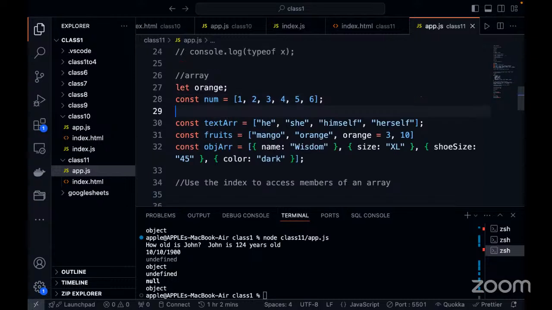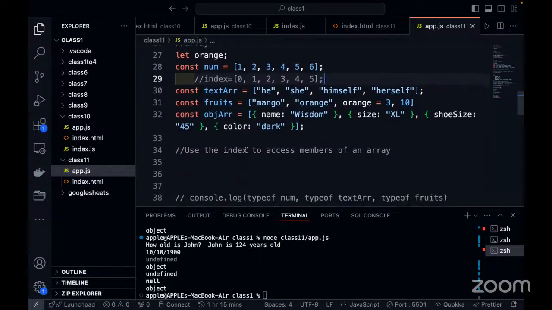So what I can do is, let me do something like this to say maybe index. Let me take it back a little bit. So I want to say equals to 0, 1, 2, 3, 4, 5, right? So that's the index, 0, 1, 2, 3, 4, 5. So if you want to access 4, just say num